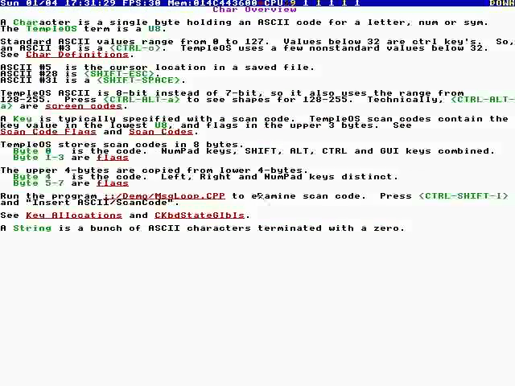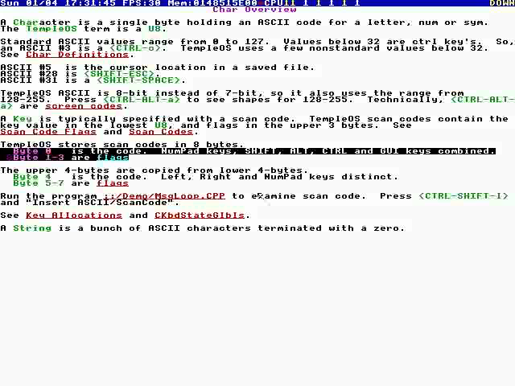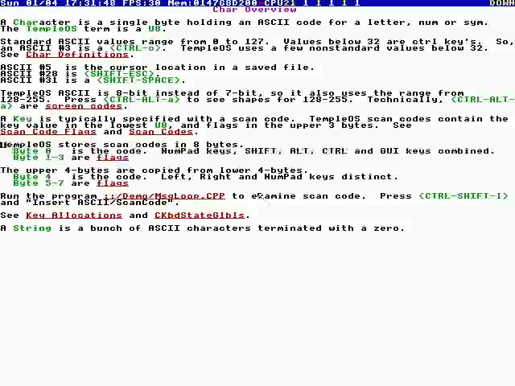Now the ScanCodes are broken down by byte: byte 0 is the code, bytes 1 to 3 are the flags, then byte 4 is the code, and bytes 5 to 7 are the flags. What this means is it repeats, because sometimes you want left shift and right shift distinct. Most of the time you want left shift and right shift the same. And so the low byte has them the same. The upper bytes have them distinct. Anyway, so